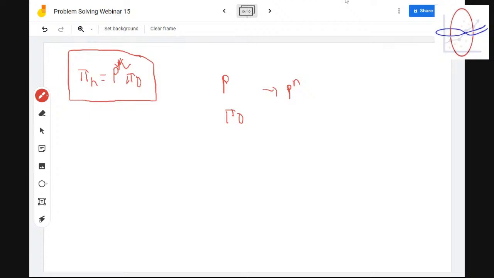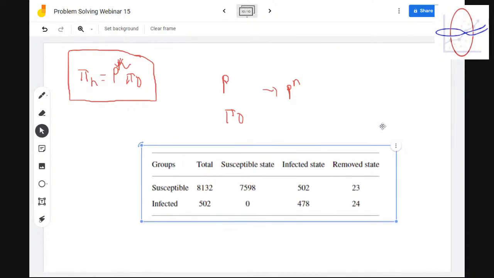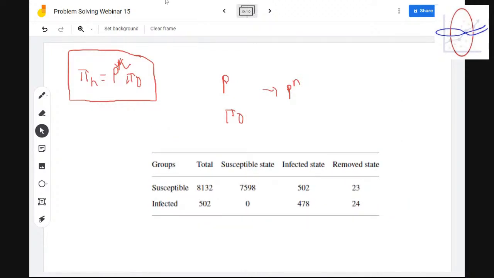That's where I will use the data. So let's say this is the data we have, from the website. It means that in the first year, in the susceptible state, this was the